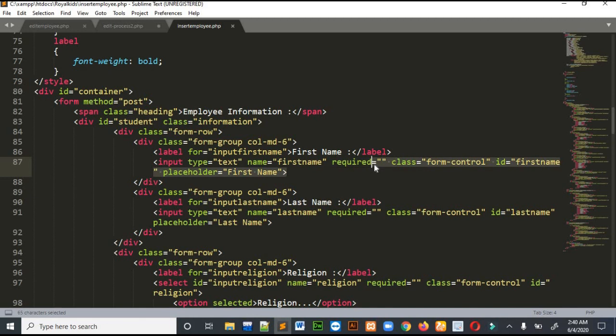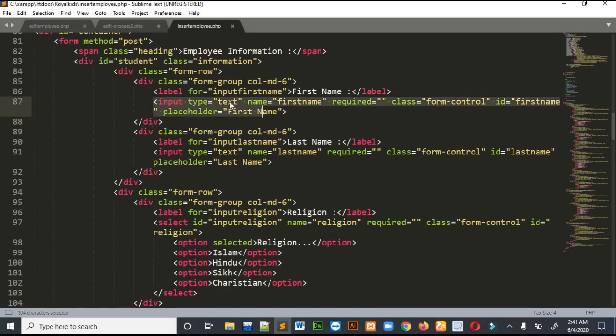So you can use this also. And then there is the name attribute. The name attribute sends the values which the user enters to the PHP. We access the value of this input, or any input, using the name attribute. So the name attribute is very important. We don't access values in PHP using the ID attribute; we use the name attribute. If you don't know, keep that in mind.